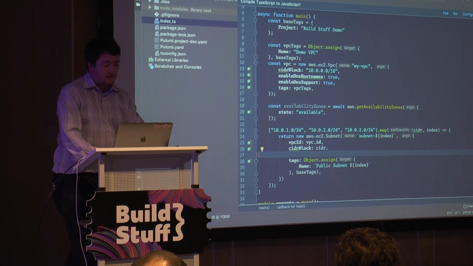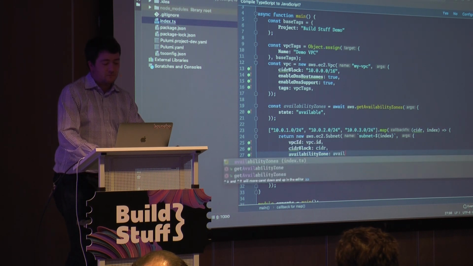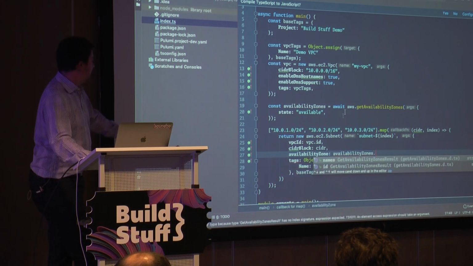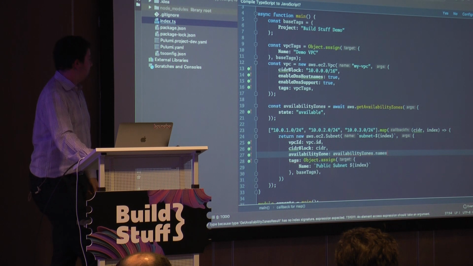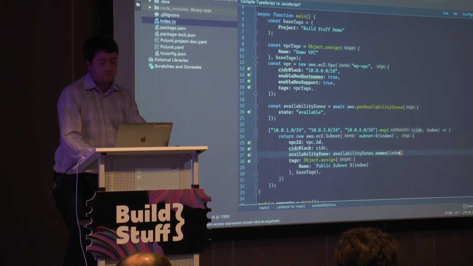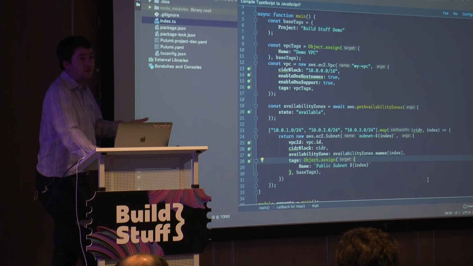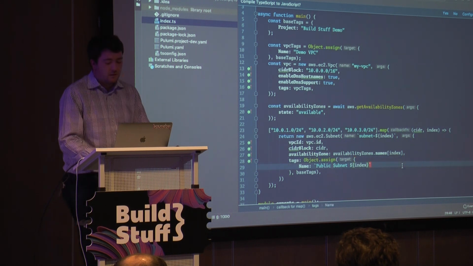So when we go create our subnets, we could say availability zone, and we have the names of them available in a string array. So we could go index this, and we'll get the name of a valid availability zone for our account. So I could go run this in my account, Rob could go run that in his account, and we'll both be okay. If you were to hard code the names, that wouldn't be the case. You'd have to go configure them for every account that you want to target this thing at.